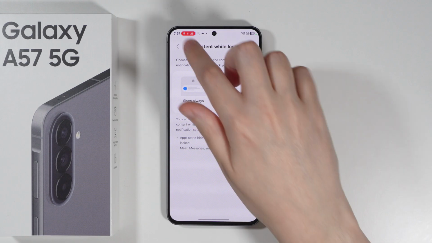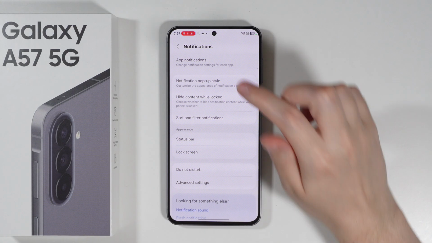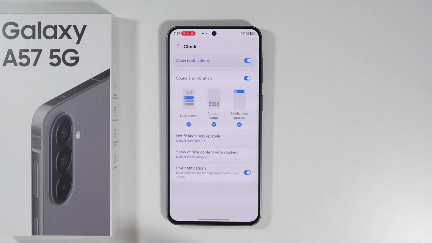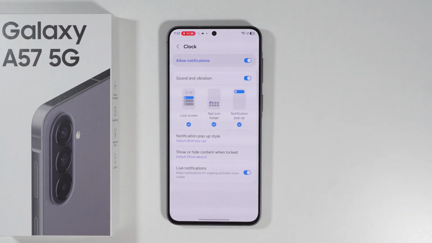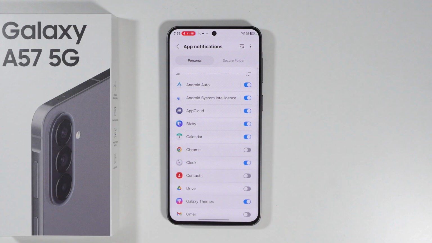or at least you want to show the content of these apps that are supposed to work with the navbar. So for example, if the clock app doesn't really work correctly with the navbar, then you want to make sure that if you go to app notifications over here, and if you choose the app that is not working, then over here the content is not hidden, or generally speaking, the content is not hidden if you want to, of course,